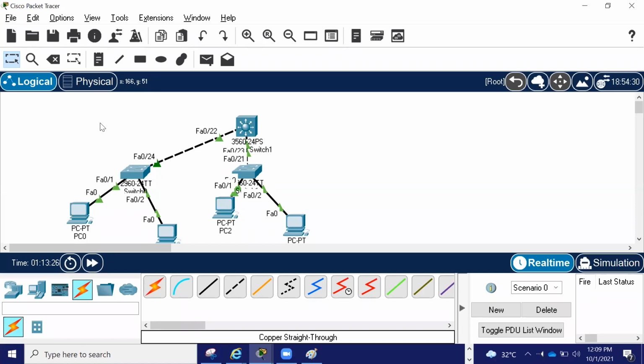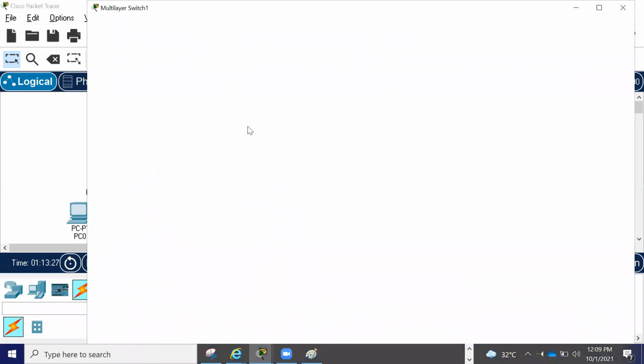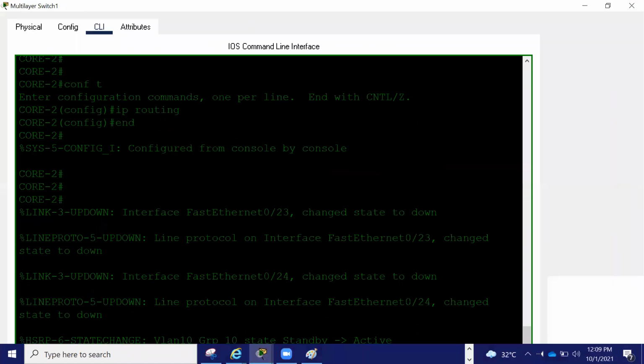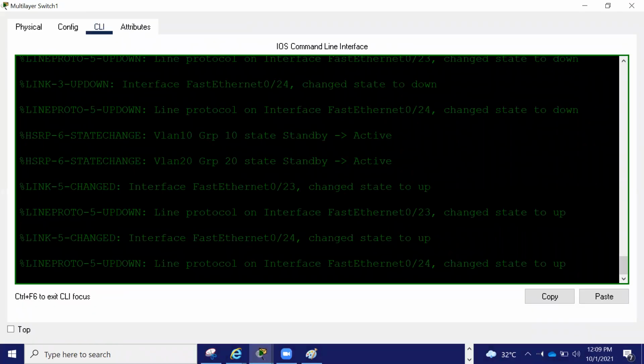So if I press Ctrl+Z, now look here. Right now this guy, when it became standby, its HSRP was again standby to active. This became active because the other switch sends health checks saying I am active, I am active, I am active, so this guy stays standby.